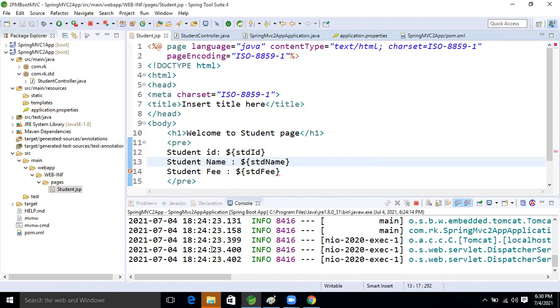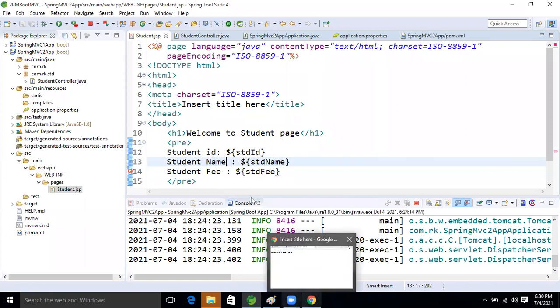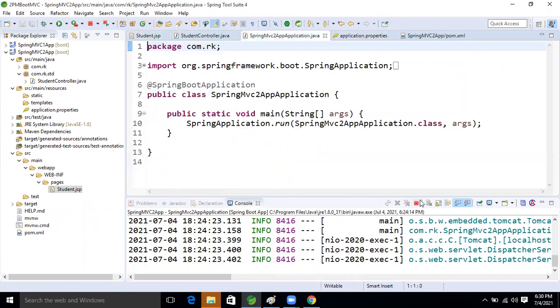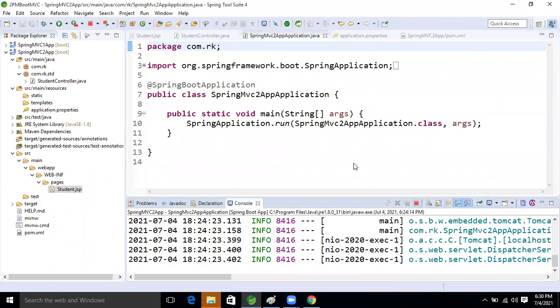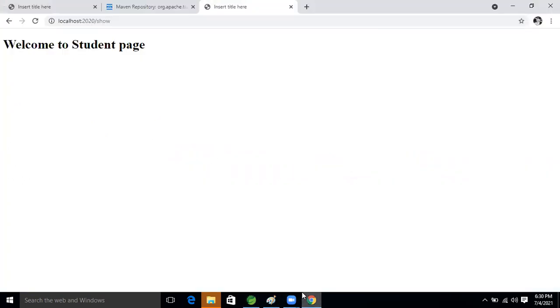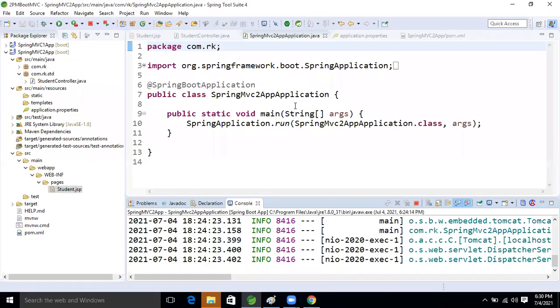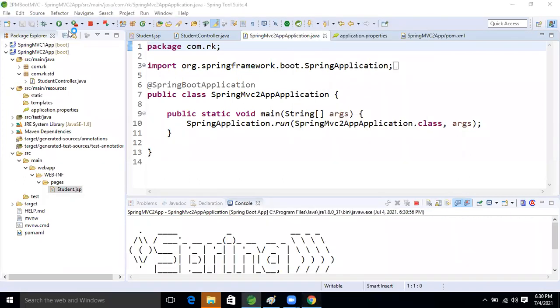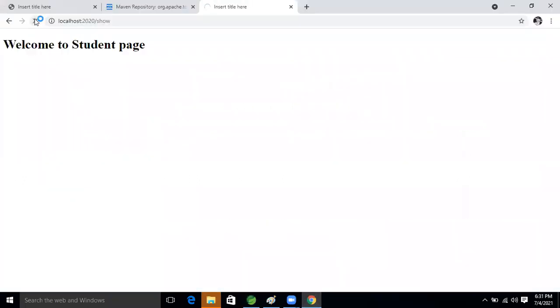Shall we run the application and see whether our result is coming? Are we able to get the result or not? So now stop the application. No need to stop it. If you refresh your page, then still you will get it. No, not getting. Okay, no problem. Let's stop the application now. I think the server is closed. Now run the application. Now refresh it. See this, guys.